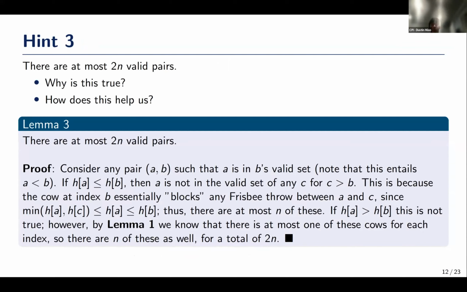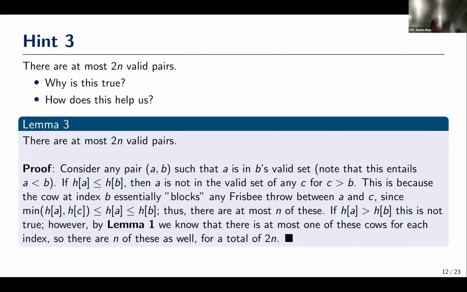The reason is that if we consider some pair A and B, if B is taller than A, then nothing else to the right of B can receive a frisbee from A, because B will always block A in that way. And if A is taller than B, it doesn't matter,